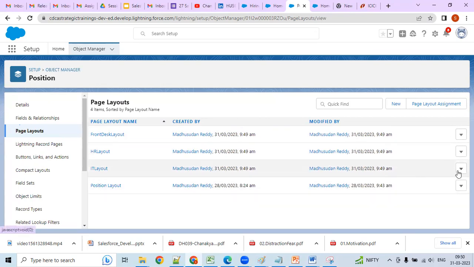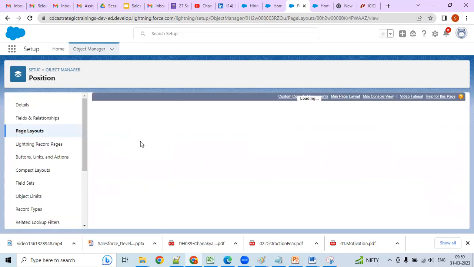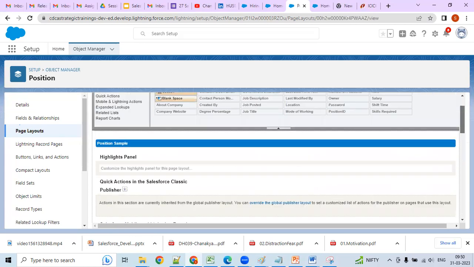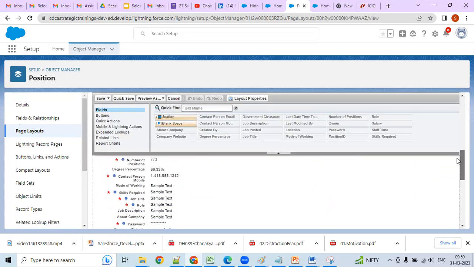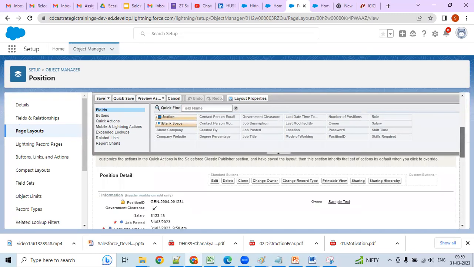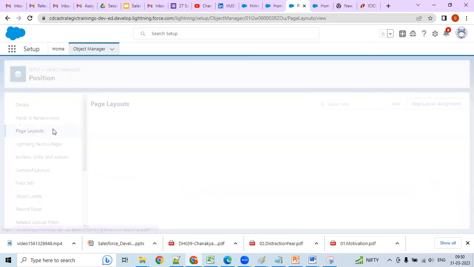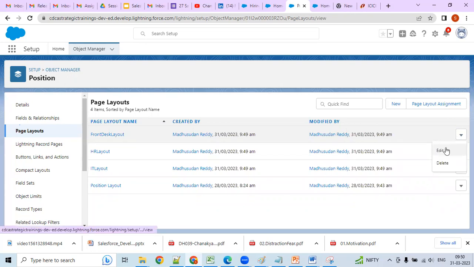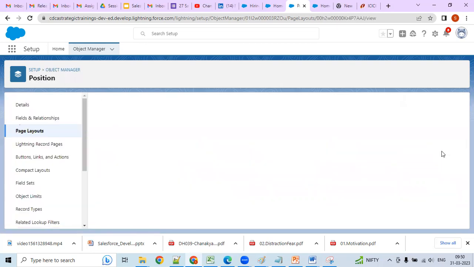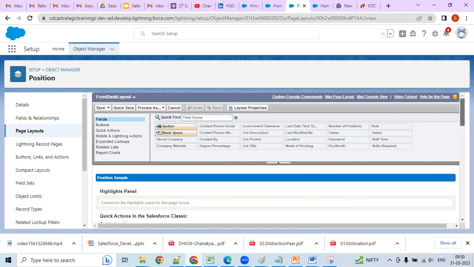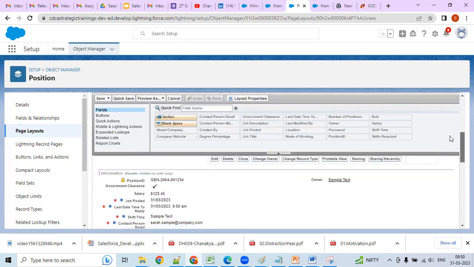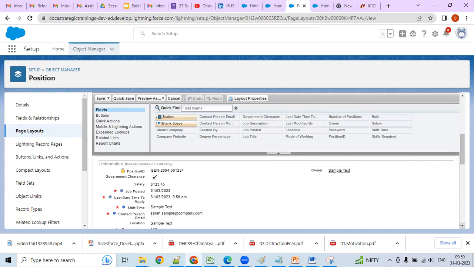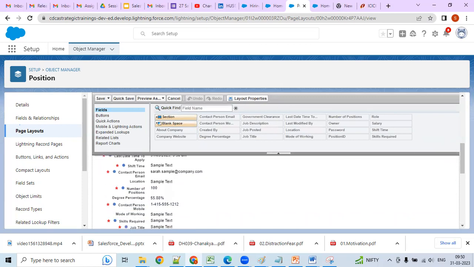All will have the same layout, right? If I go and open here, edit, this is same as that only, right? No change, because I have cloned these layouts. Now if I want to give access to this front desk, edit, I want to remove all things. I just want to give